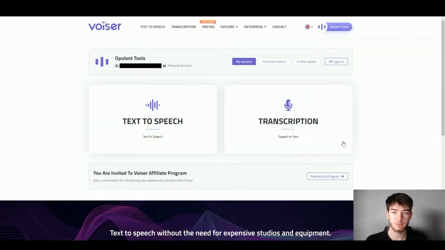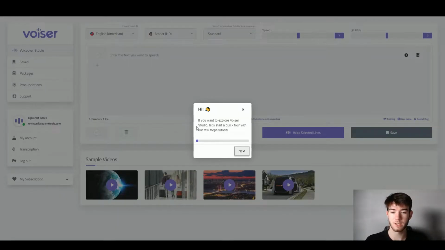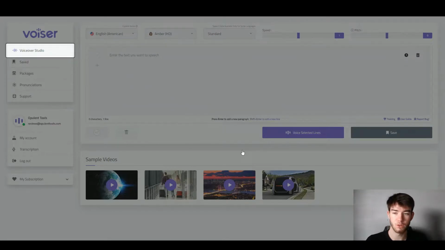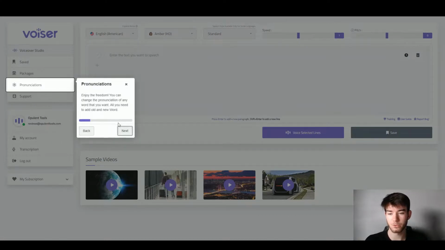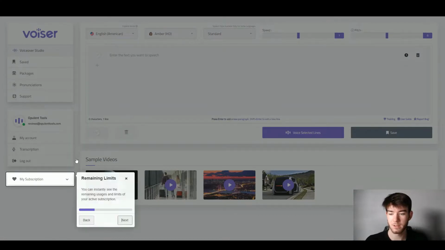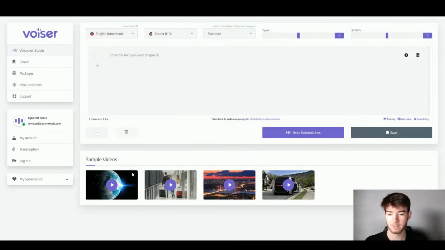So that's pretty much it for going through the main area of the software, and now we're going to go ahead and dive into the features and see what actually happens when you run through the software. So first off, we're going to go ahead and go on the text to speech section, and once you click on that, it should take you to this section. If this is your first time logging in, it should give you a little run through. As you can see, you go ahead and click next and pretty much run through all of this. So I'm not going to do that, I'm just going to click X so we can go ahead and get